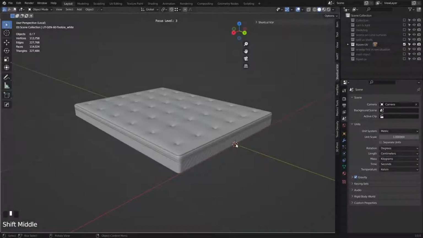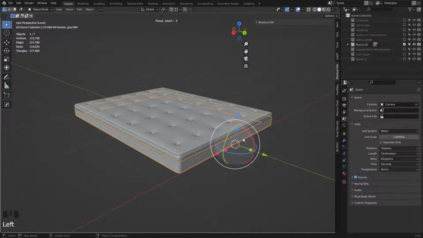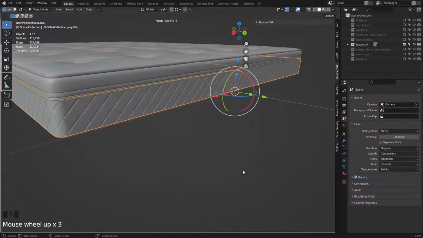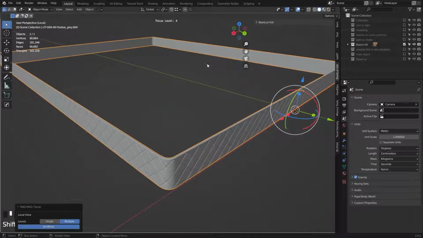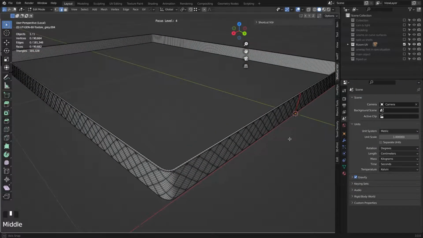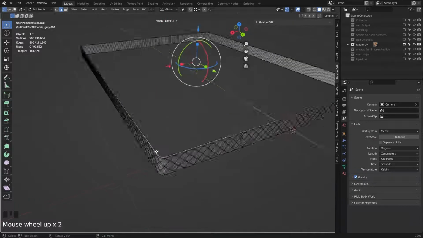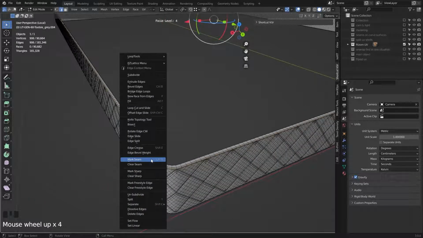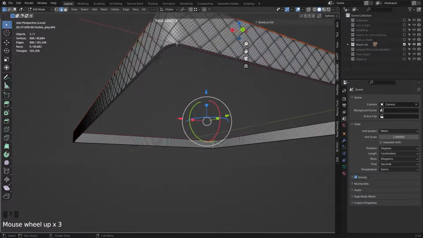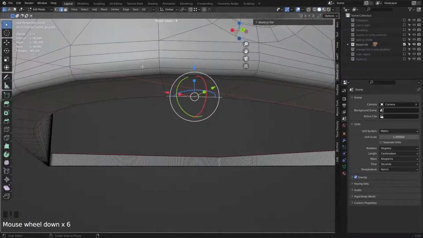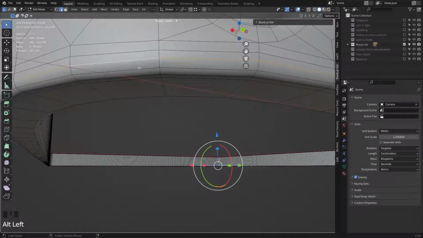Next thing is using Rizom UV in some rare situations. For example, you can see this object. If I want to unwrap it, I go here and pick some edges in the curve. For example, here I mark a seam in the curve area, I think it's better.